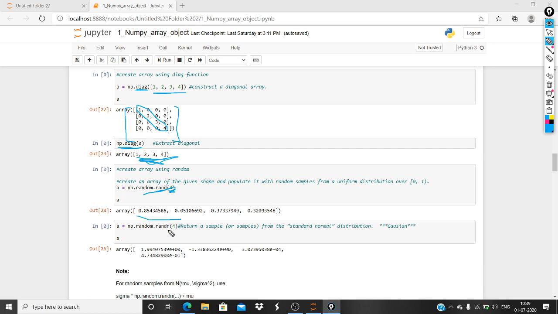And if you use randn with 4, then it will provide any 4 random numbers. So rand will provide random numbers from 0 to 1, and randn will provide any number. So these functions might be clear, I guess.